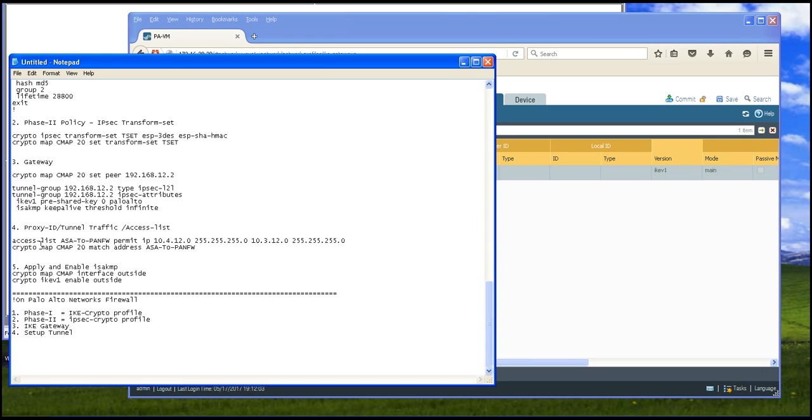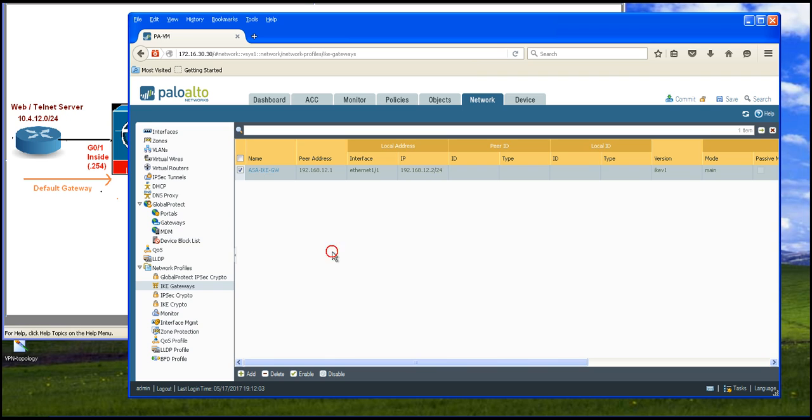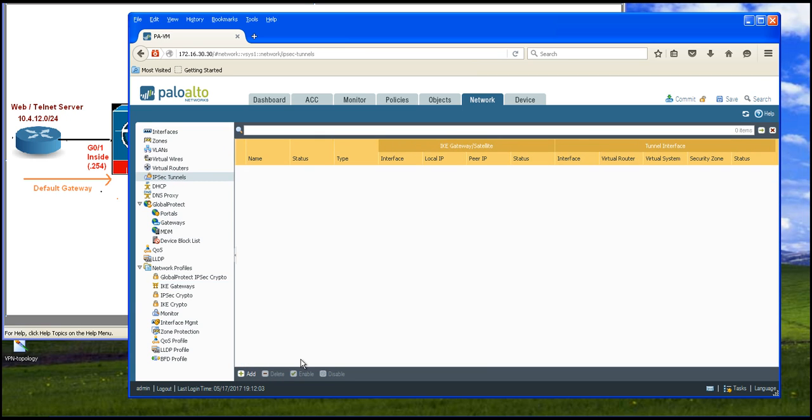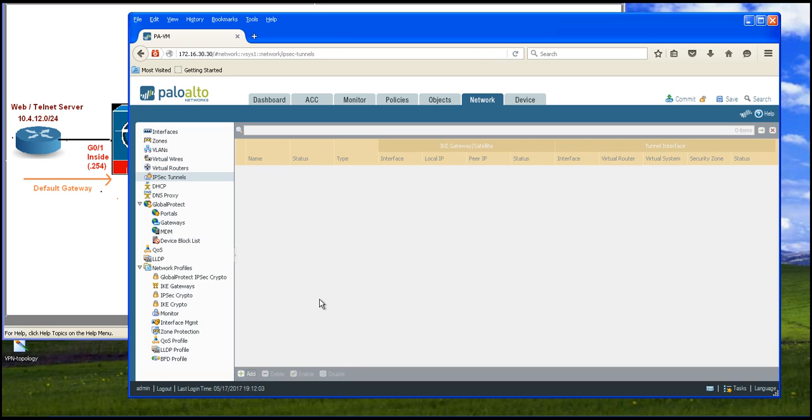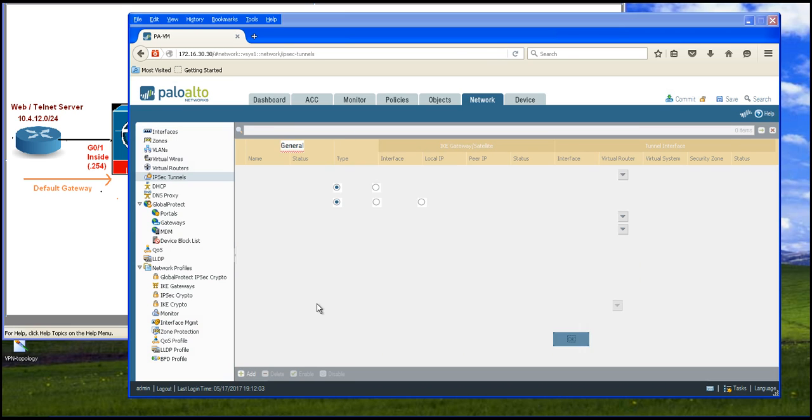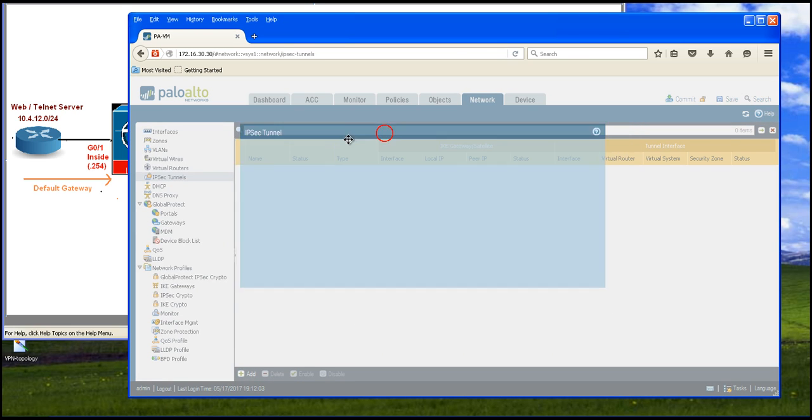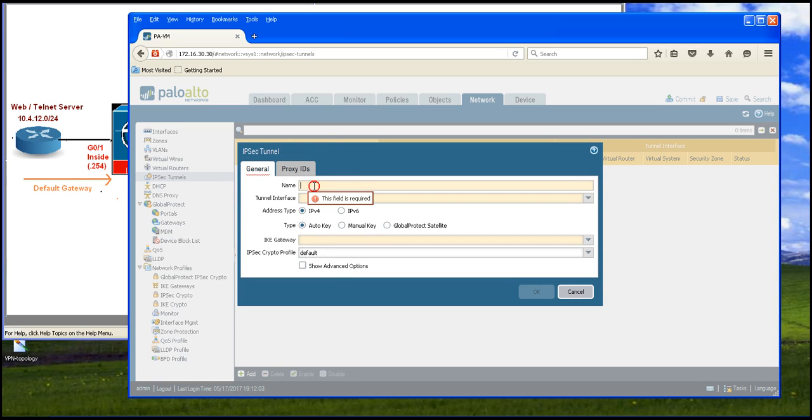Now, let's finally go to setting up the tunnel. For that you can just click on this IPsec tunnel over here, and click add. Now there are some portions you may do separately under interfaces and zones. I would try to do it right from here. So name, you can just give